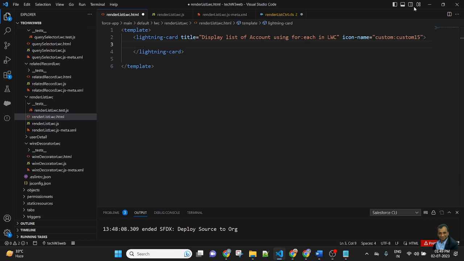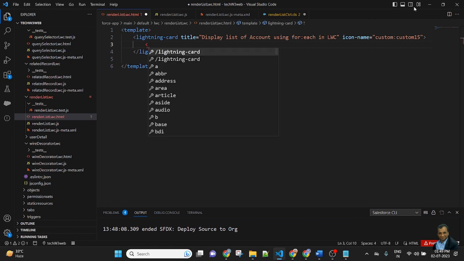Inside the card, I will create a lightning button so that when I click on the button, it displays the list of account records.